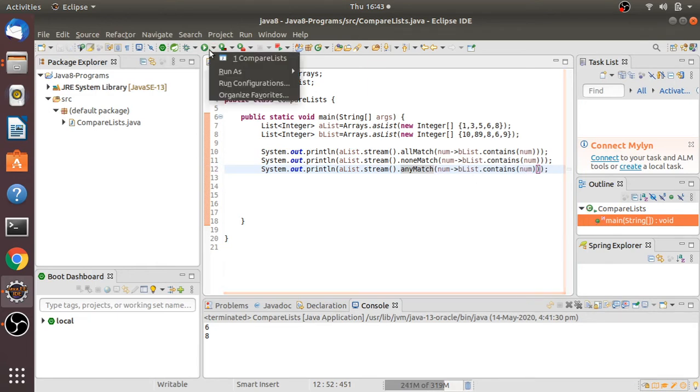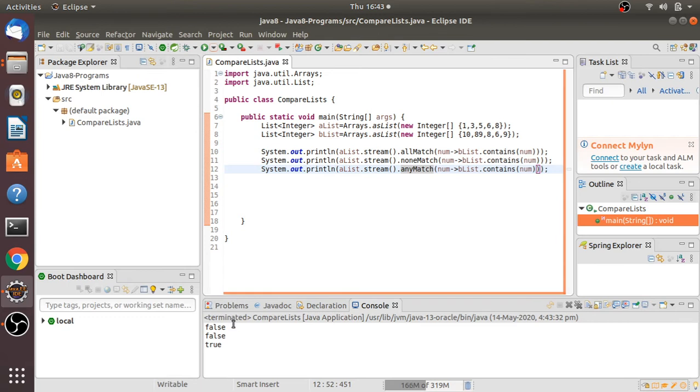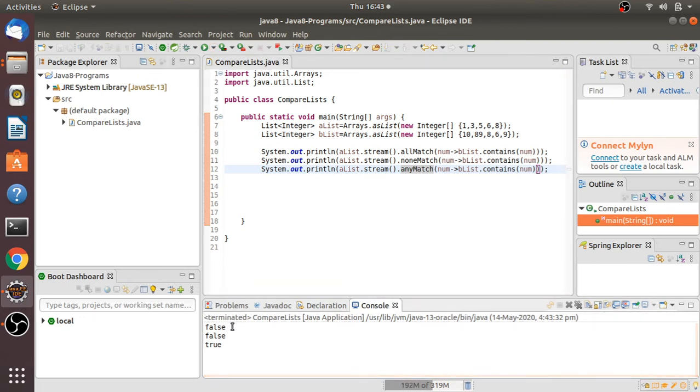If you run this, it will return a boolean result.